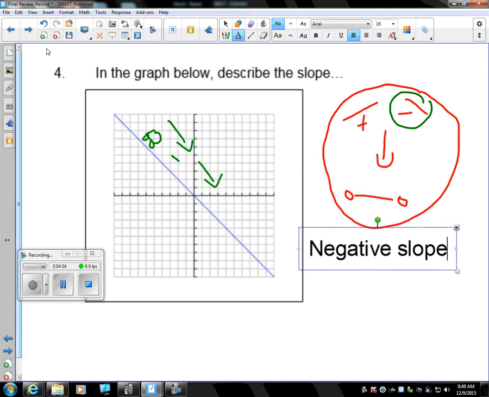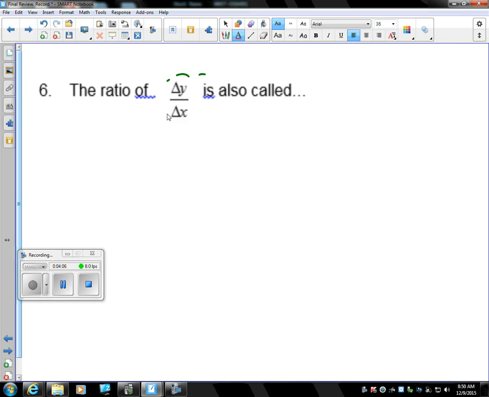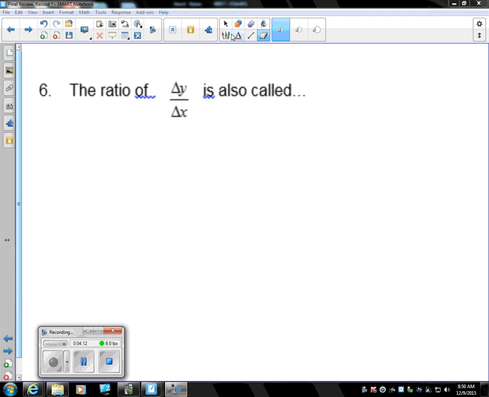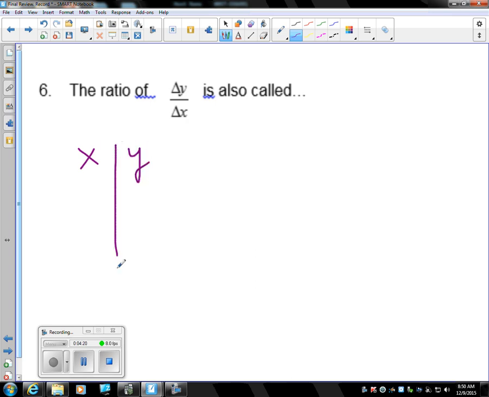The next one is number 6. The ratio of delta y over delta x is also called what? Well, let's look at where delta y over delta x comes from, and then we'll talk about the other name for it. So if I have a table, and let's say my x values are 1, 2, 3, 4, and my y values are 2, 4, 6, 8,